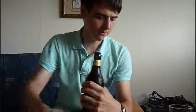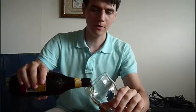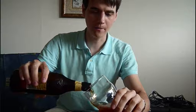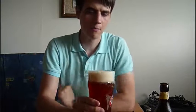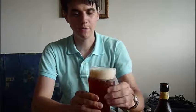Another reason I chose English ales as a theme for this week is because I'm actually going to be there in England in a week and a bit. Because in a week exactly today, I'm leaving to Paris to see my friend, and then we're taking a trip to the UK with him. So I'll be hitting London, and then I'm moving to Sussex to see my family friends there. But I'm definitely going to be doing some reviews with my friend, probably on different locations, maybe some French beers first, maybe then maybe some reviews at the pub, any sort of pub in London I see,